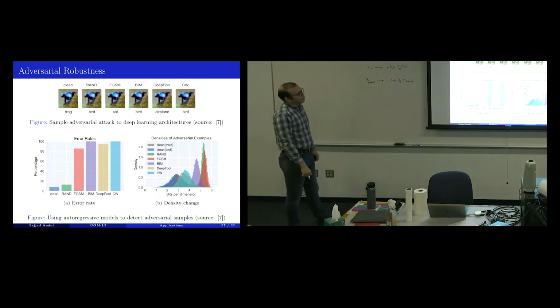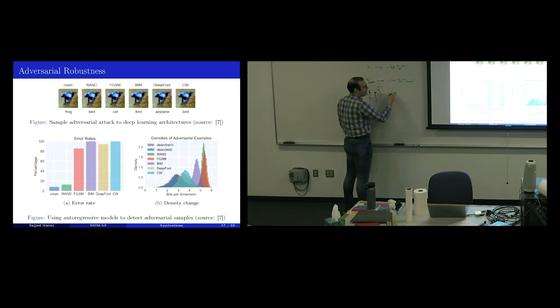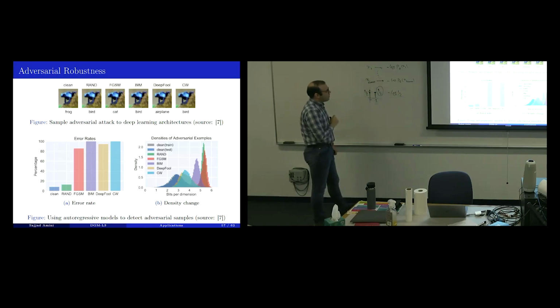This negative log likelihood has another nice interpretation. That interpretation is the number of bits needed to encode that random variable. As a simple case, assume I have a binary random variable. For example, it can be 0 or 1, each of them with probability 1 over 2. These are the states. If you take the negative log likelihood of this value, the negative log of 1 over 2, this number is